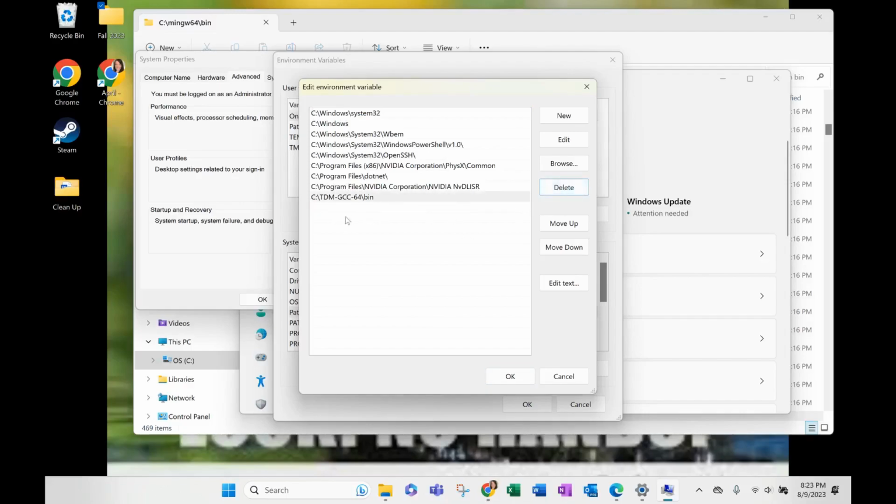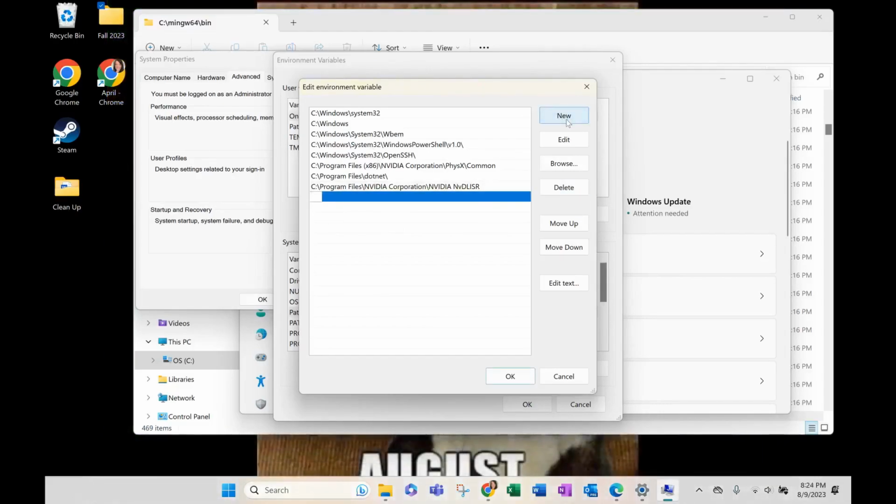I'm going to delete it and pretend that it isn't there. So what you're going to do, this is what yours is going to look like, something like this. And you're going to click on New and then paste the path that you just copied. So that's Control V